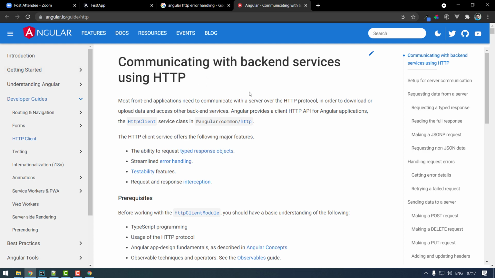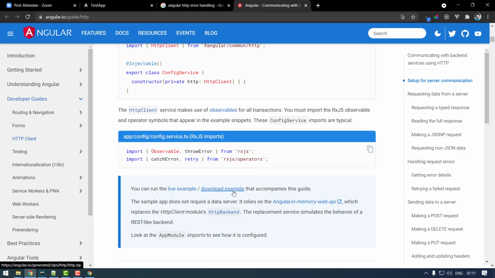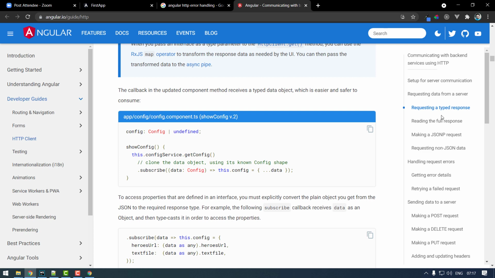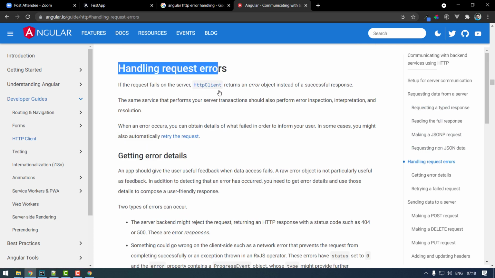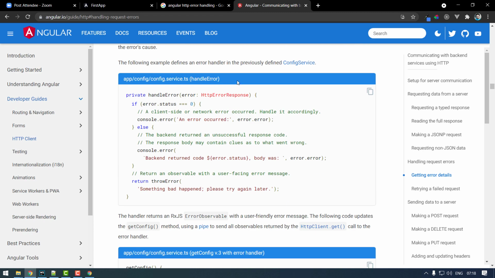On the right side you can find Handling request errors, which is exactly this function.